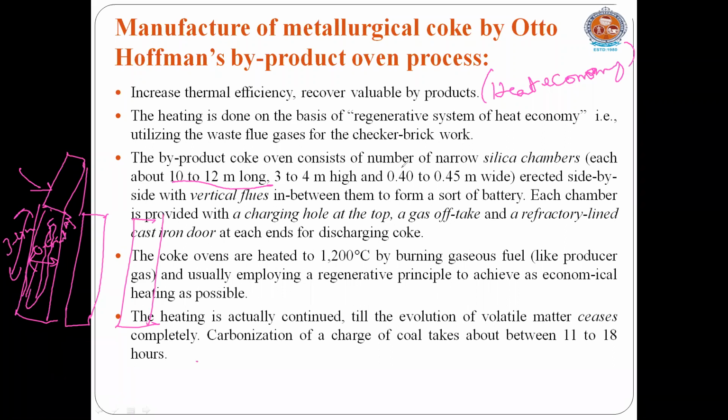And the byproduct coke oven consists of number of narrow silica chambers, each about 10 to 12 meters long, 3 to 4 meters height, and 0.5 meters width, erected side by side with vertical flues. Vertical flues, that is, arranged like chimneys in between them for the flue gases to pass, with vertical flues in between them to form